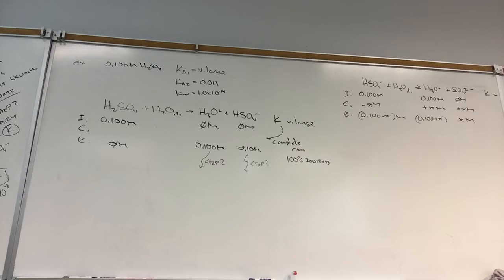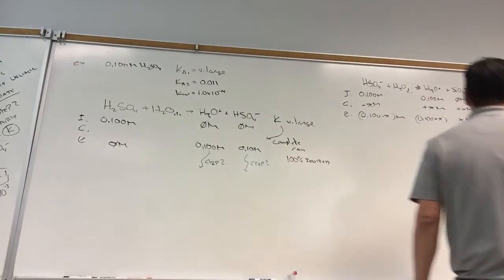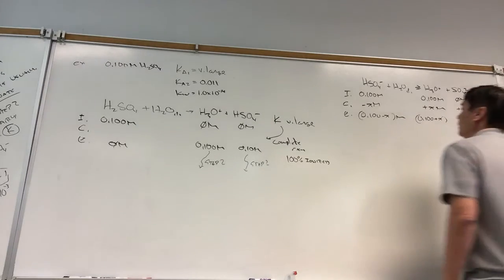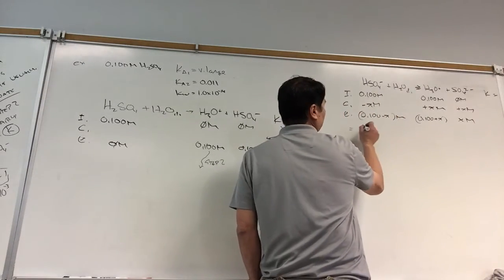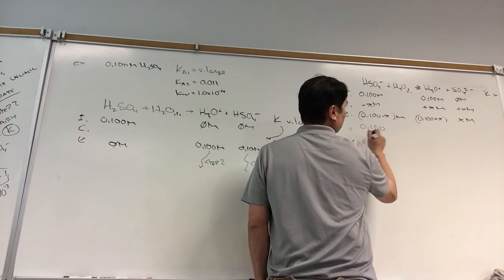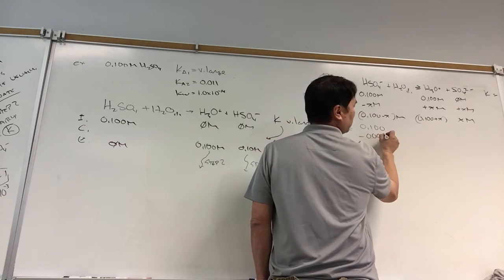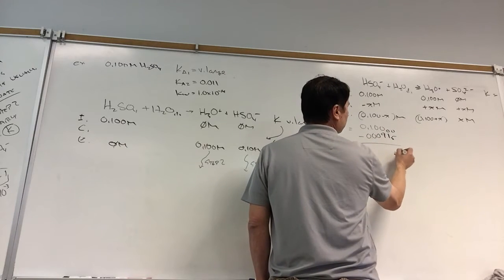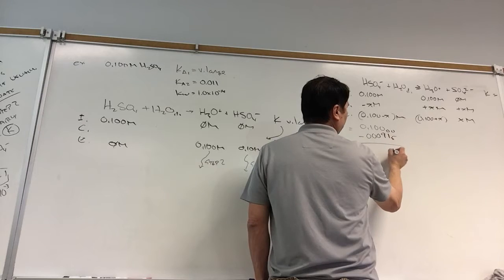Okay. All right, so I get two roots. One of these is negative, which doesn't make any sense, and the other one is 0.00915. So I got x is equal to 0.00915. All right, so I go over here and I go 0.100 minus 0.00915. So we need two extra zeros. This is going to give me 5, 8,